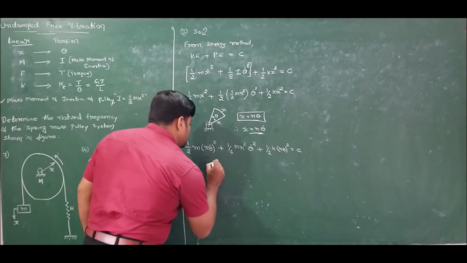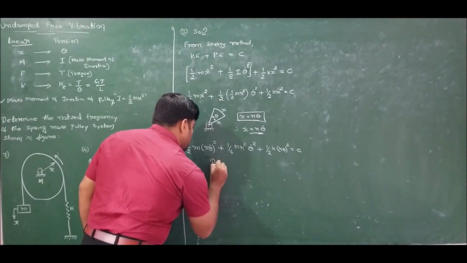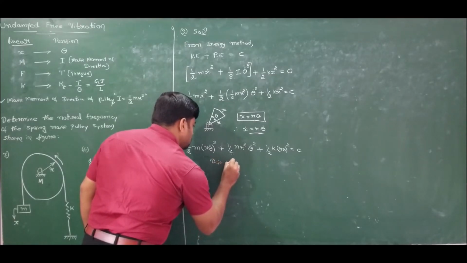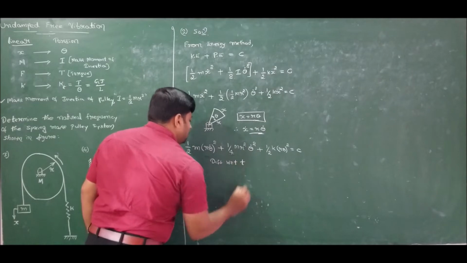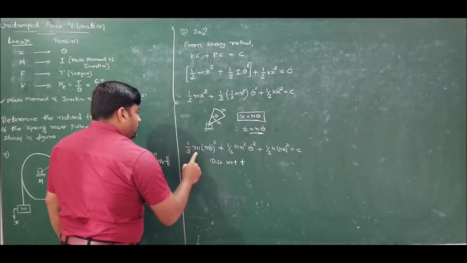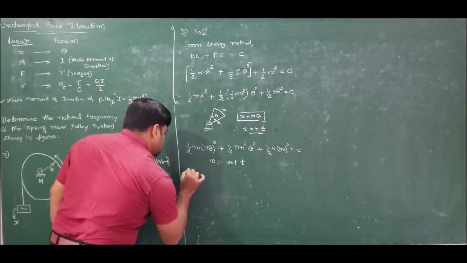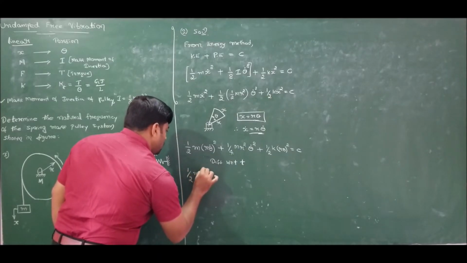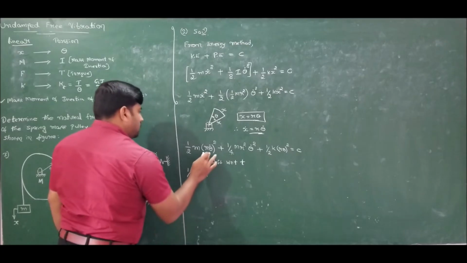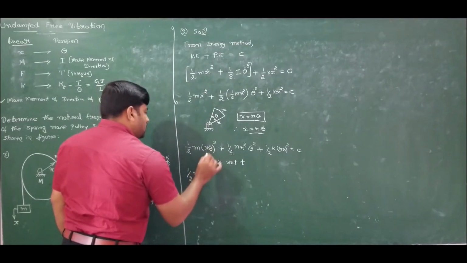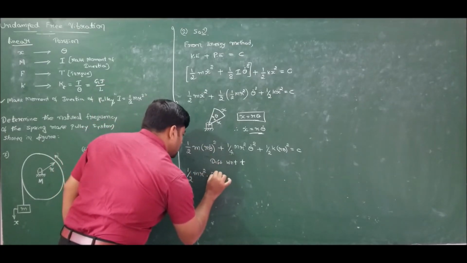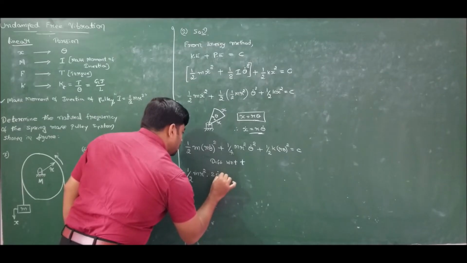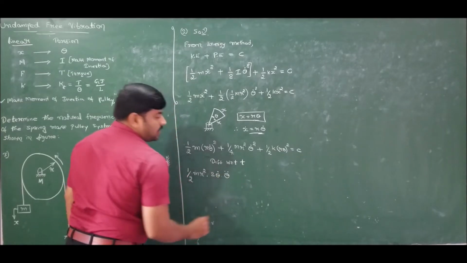Differentiating this equation with respect to time t, half m r square is constant, hence I will write half m r square. Now differentiation of theta dot square is 2 times theta dot into theta double dot